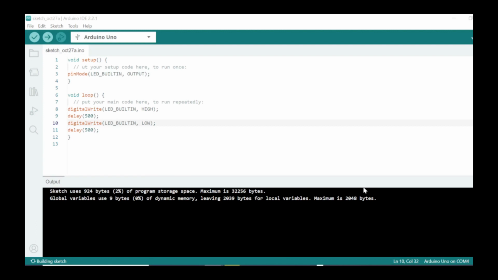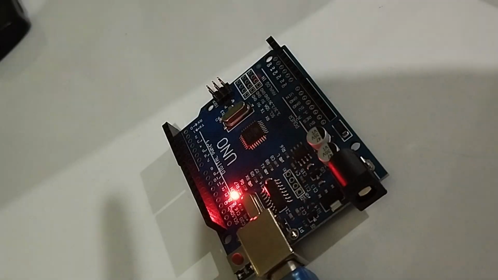The conclusion is that the program will make the light turn on for half a second, then the light will turn off for the next half second.